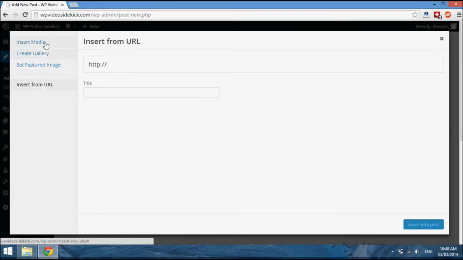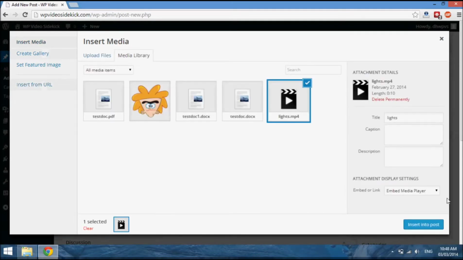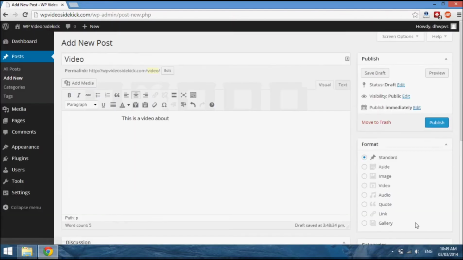But let's go back, and since we have this video here, we have the option on the right here that says embed media player or link to media file. Now, if you link to media file, what you probably want to do is put an image, and then that image would link to the actual video. But we're just going to embed media file, select insert, and what has happened is that